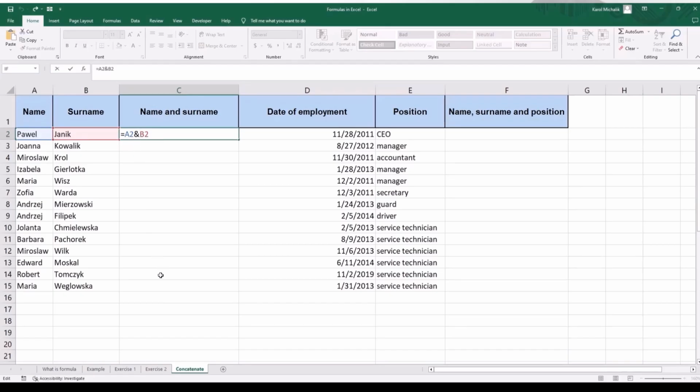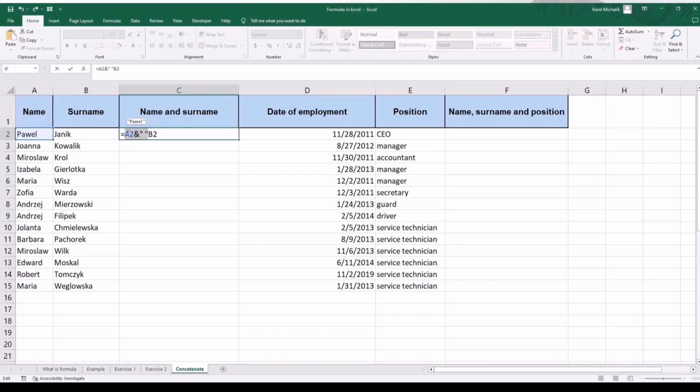To perform this operation, we should know that the space is of course a text value, which means that this text value must be put in quotation marks. So I will open a quotation mark, put here a space, and close the quotation marks. And after it, we have to once more use the ampersand sign, because this ampersand sign is used to join text strings,